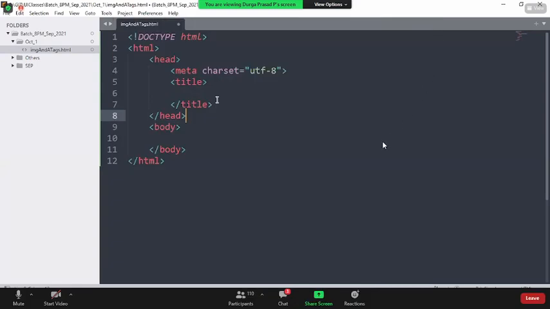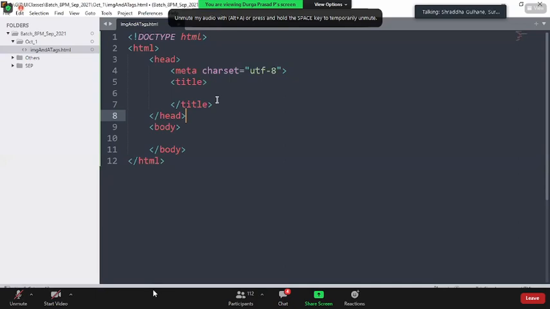So can anyone say what the default priority order is, and which gets the highest priority? Inline CSS has the highest priority, followed by ID, then class, and last is tag based. But if I want to override this priority order, what do I use? Exclamation important. So Deepika, this is what we discussed in the last class.